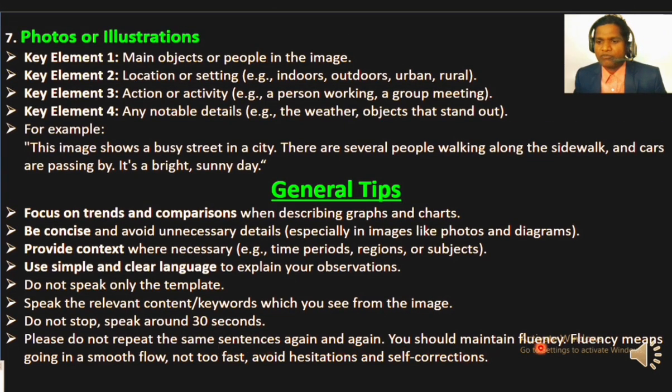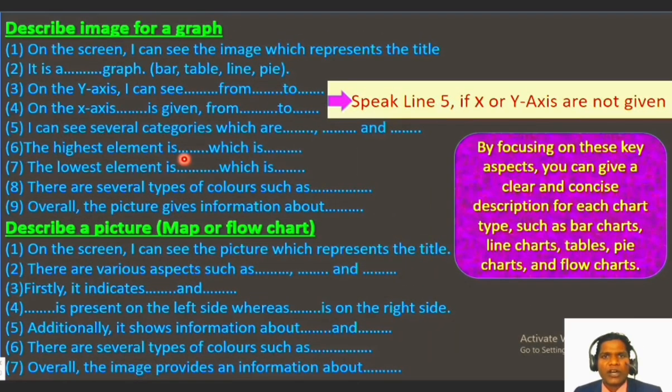You should maintain fluency. Fluency means going in a smooth flow, not too fast and not too slow. Avoid hesitations and self-corrections. Here you can see on the screen describe image for a graph. So if there is a bar chart, table chart, line graph, or pie chart given in the exam, then you should speak in this format.